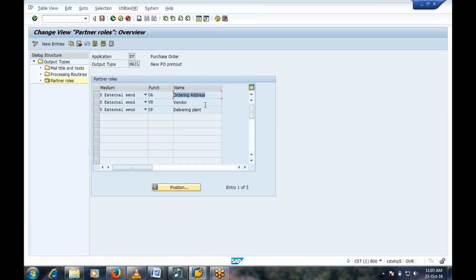The partners mean, for example, along with the vendor, any ordering address you want to send, delivering plant to whom. Those are the partner functions. We have different partner functions. For example, your vendor has goods suppliers and an invoice party. If you order a material from the vendor, he can deliver the goods from any of his goods